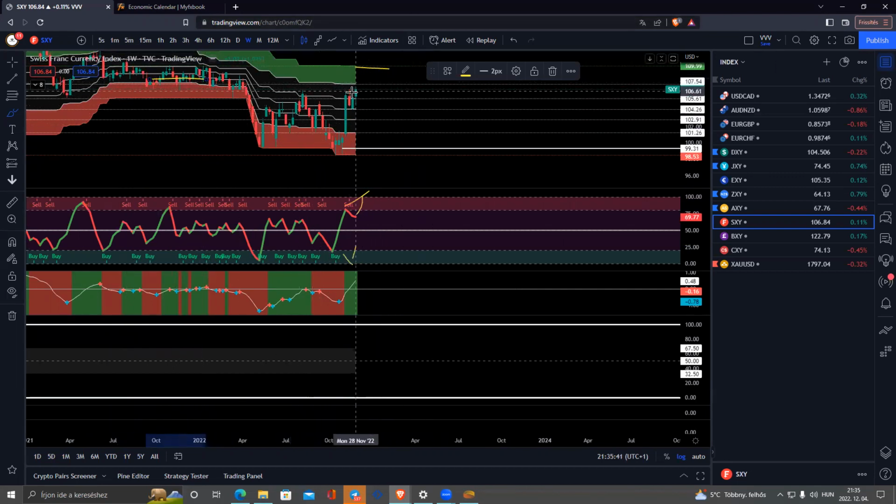But I want to see first meet this area. There is potential in the DXY to reach that level. Okay,